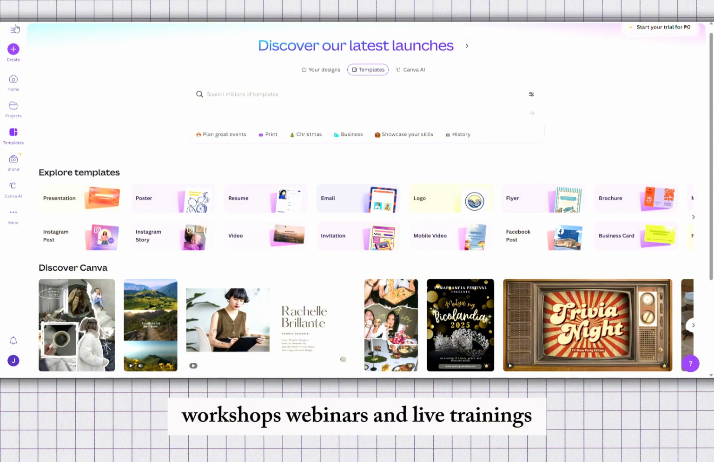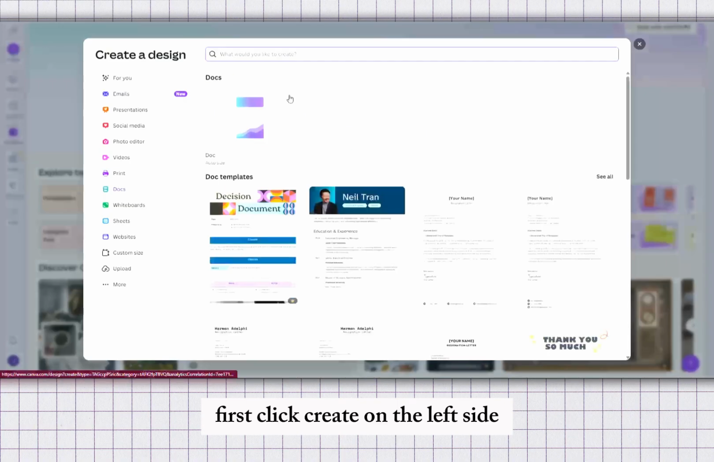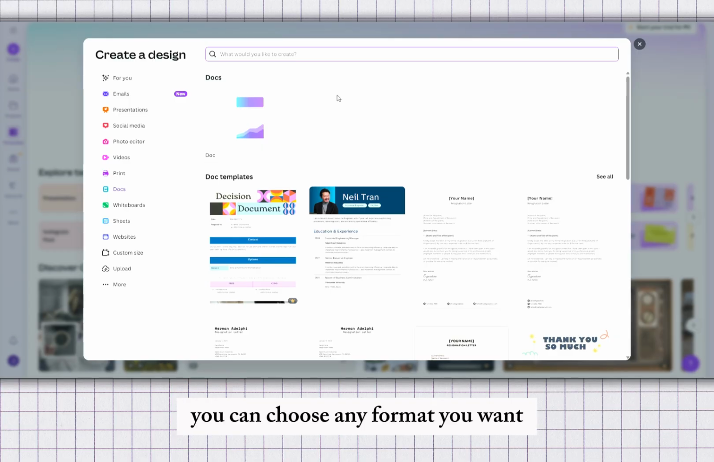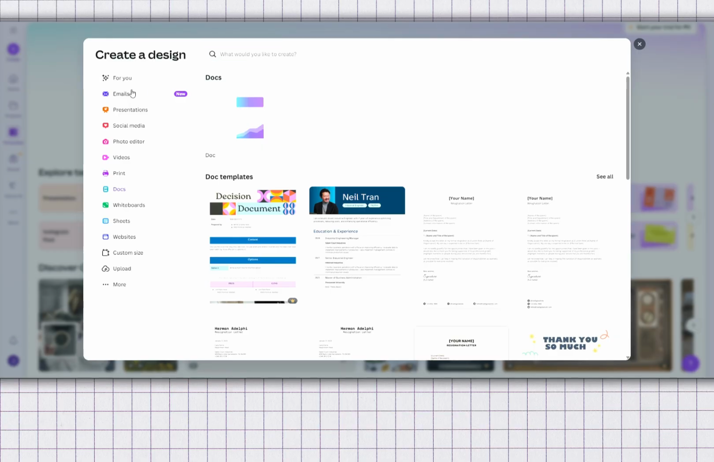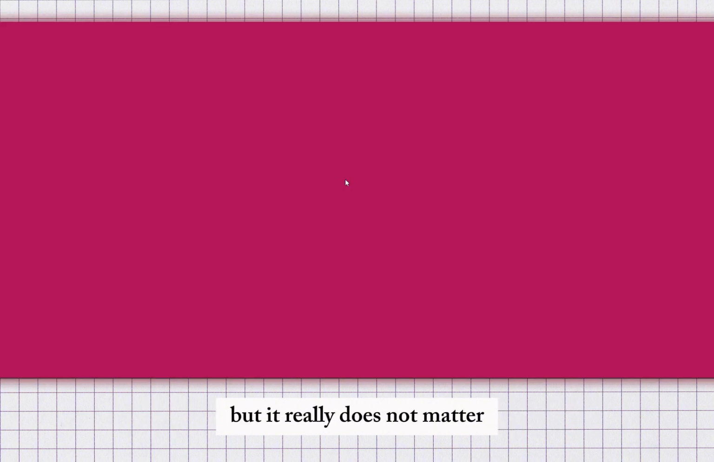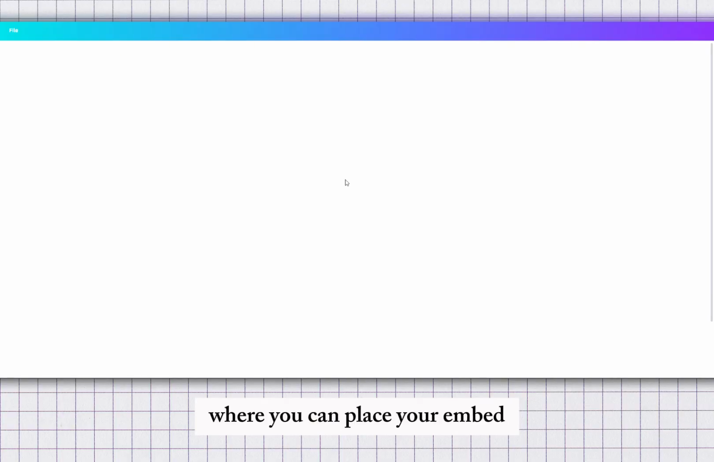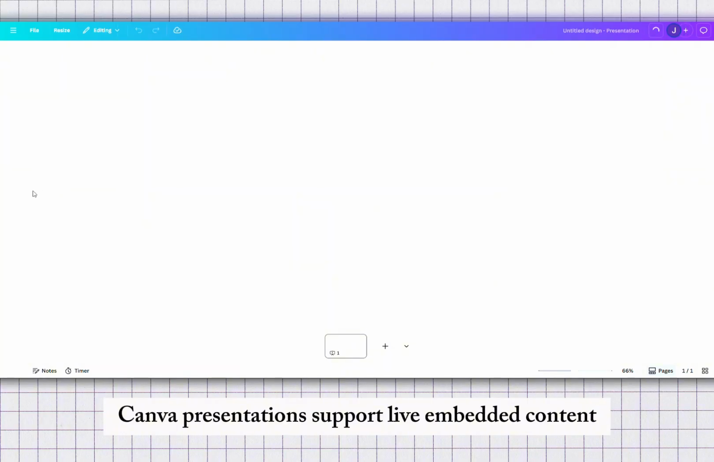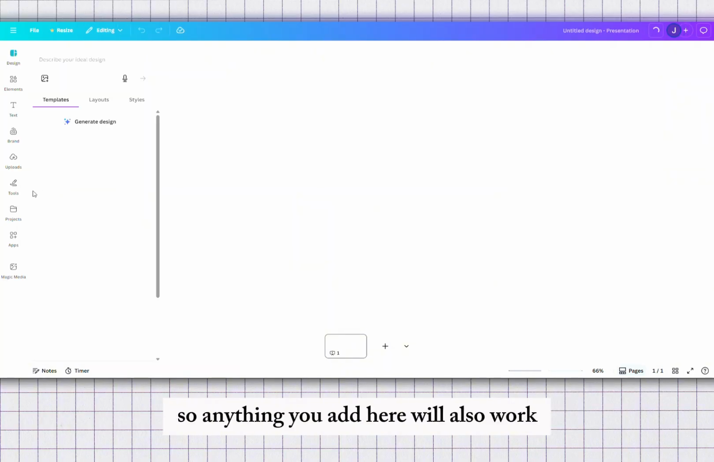webinars, and live trainings. First, click Create on the left side. You can choose any format you want. In this example, I will select a presentation template, but it really does not matter. Canva will open a blank page where you can place your embed. Canva presentations support live embedded content, so anything you add here will also work when you publish or present your